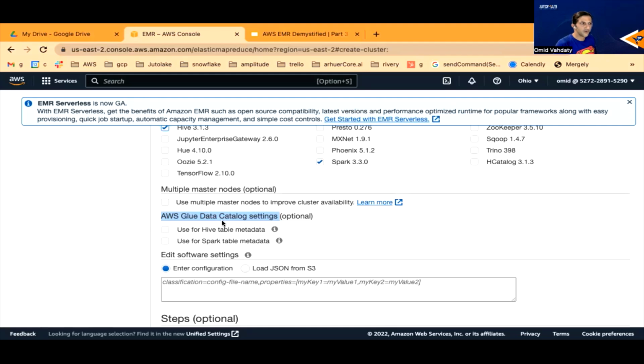Is that clear, or would you like me to go into depth? In depth? Well, what do you mean tables will be available when you have the metadata? It's just the metadata. Allow me to find probably a slide from the data engineering